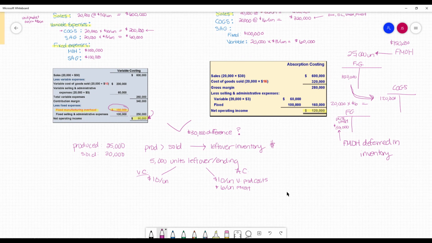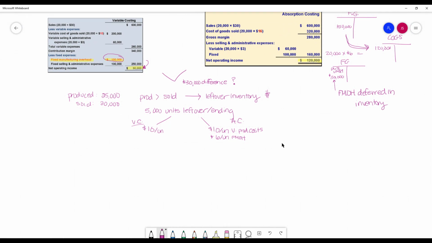So how do we set up that reconciliation? Let's do the reconciliation down below. We're going to reconcile the two amounts. We're going to start with our variable costing net operating income, and that is $90,000, which we found up above. Now, we want to reconcile that with the absorption costing net operating income of $120,000